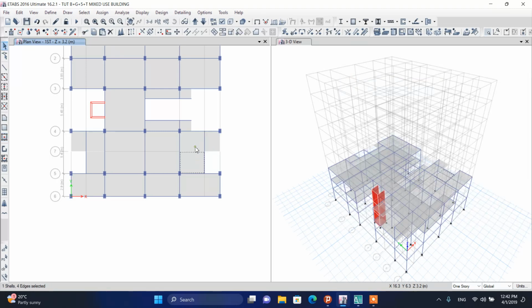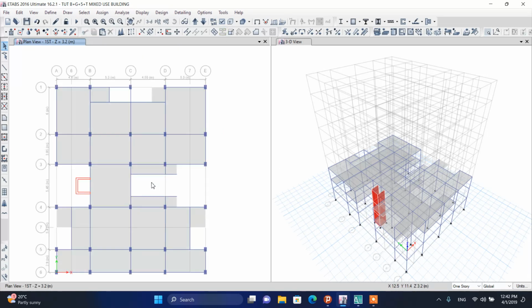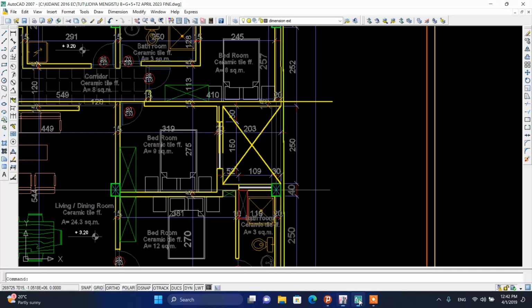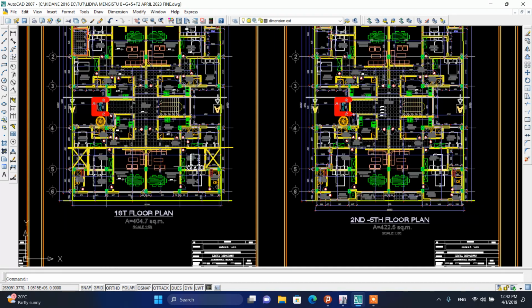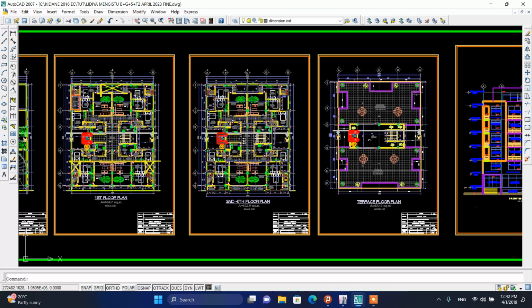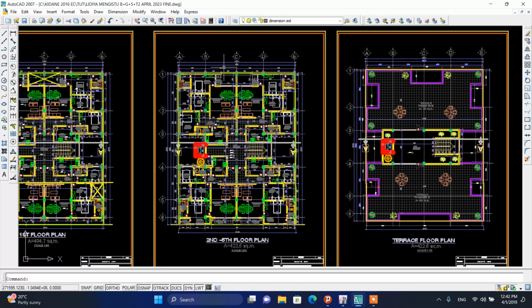Okay, so it's better to draw like this. So have to finish drawing of first floor and proceed to